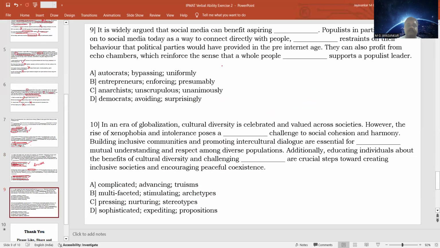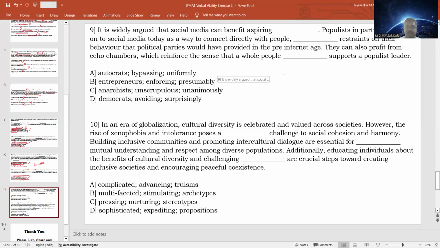All right, question number 9. So it is talking about social media being beneficial to some kind of people. Why? How is it beneficial? Because they can connect directly with people. They will not be within the confines of the certain restrictions imposed by political parties. So they can go beyond the political parties to connect directly with people, and they can